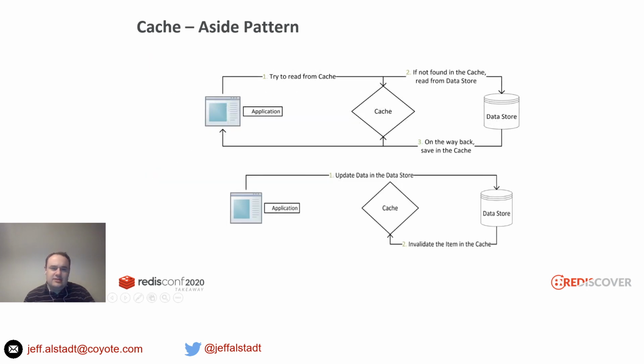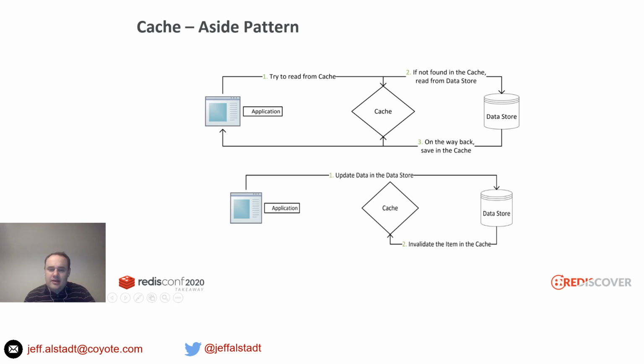But let's take a look at the cache-aside pattern with this diagram. This kind of shows how this cache-aside pattern works. Basically, an application tries to read from a cache. It checks the cache: hey, is this customer data in here? No, it's not. So I'm going to read from the data store, which could be Mongo or SQL Server, and